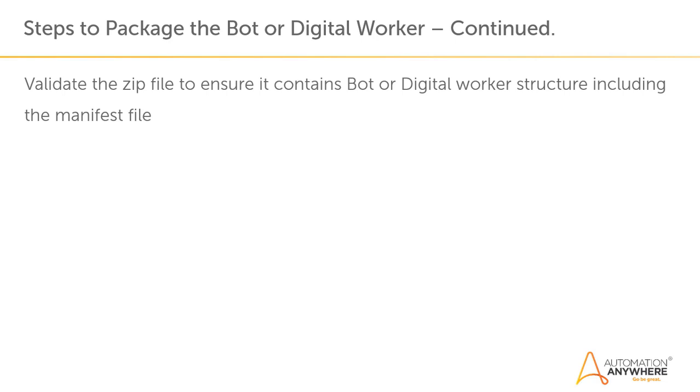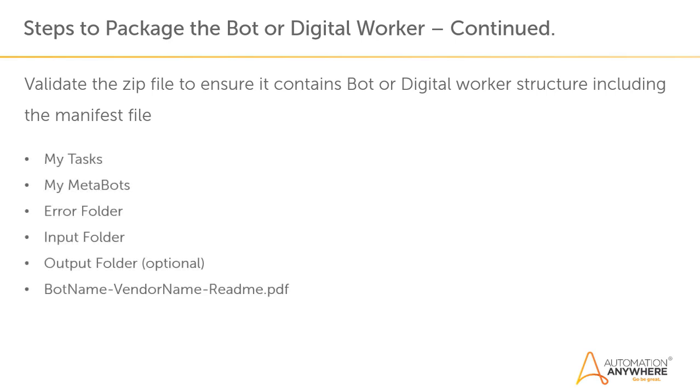Next step is to validate the zip file created in the previous step to ensure it contains the bot or digital worker structure, including the manifest file. Here is a list of folders and files it should contain: My Tasks, which contains all ATMX files; My MetaBots, containing all MBOT files; Error folder that contains logs and snapshots folder; Input folder that contains input file templates; Output folder, which is optional and should contain the output file templates; bot name vendor name